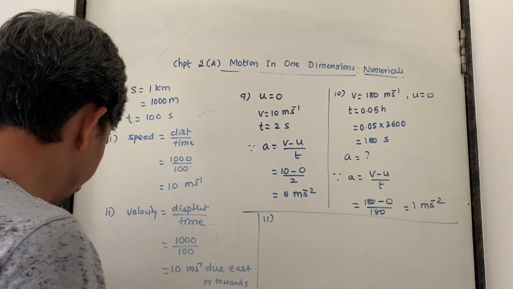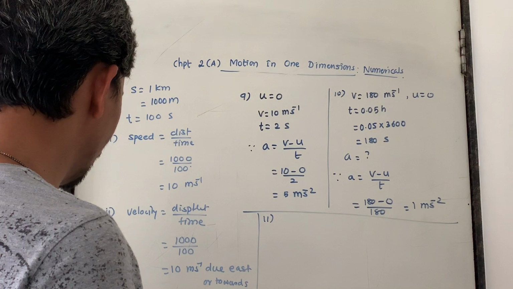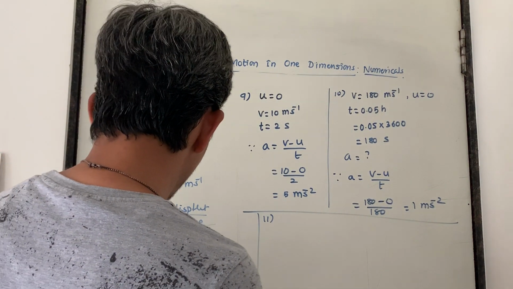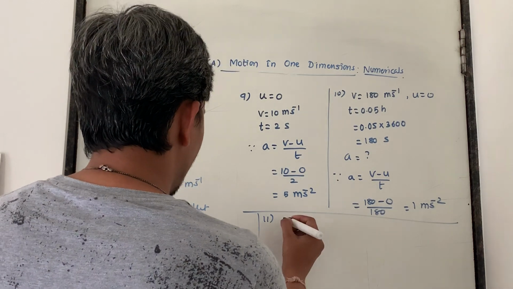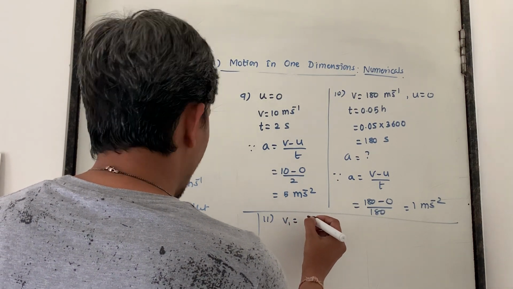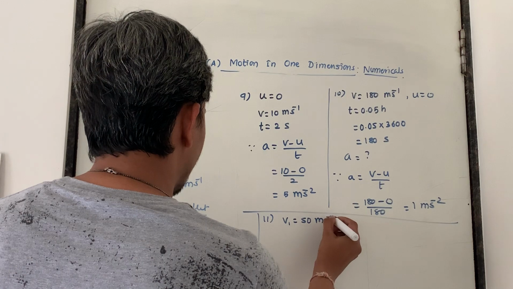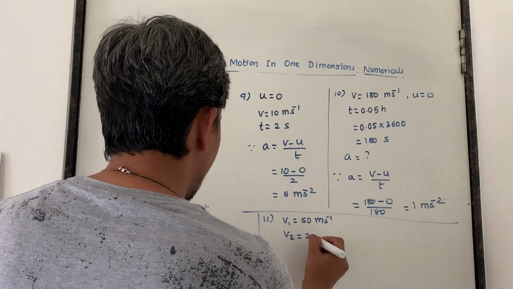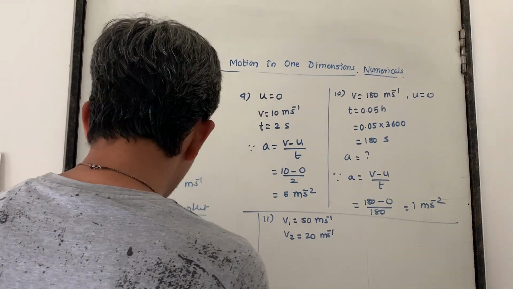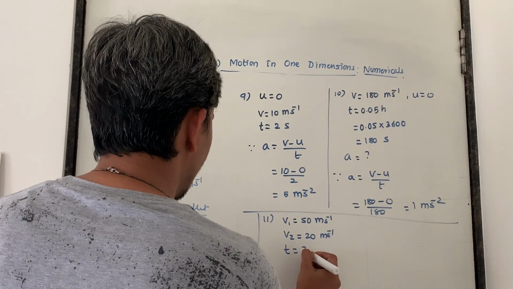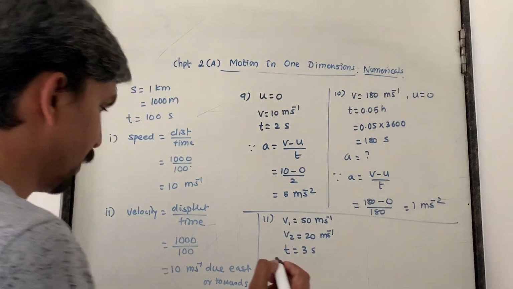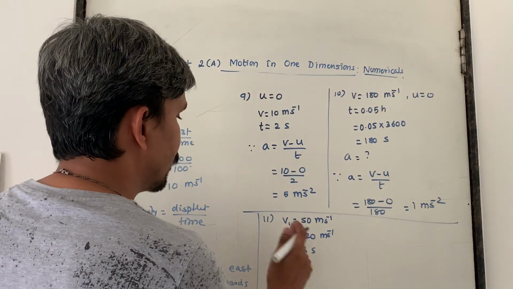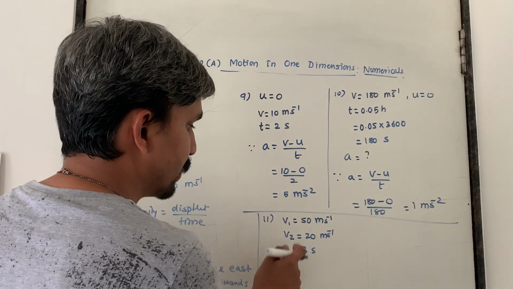11th sum में क्या दिया है? In 11th, a body is moving vertically upwards. Its velocity changes at a constant rate from, say v1 is given, that is 50 meter per second, right? To, मतलब v2 दिया हुआ है 20 meter per second, right? In time t दिया हुआ है 3 seconds. Time कितना दिया हुआ है, 3 seconds. What is the acceleration? For in that case, a is equal to, this is u, this is v, right? And this is your t.